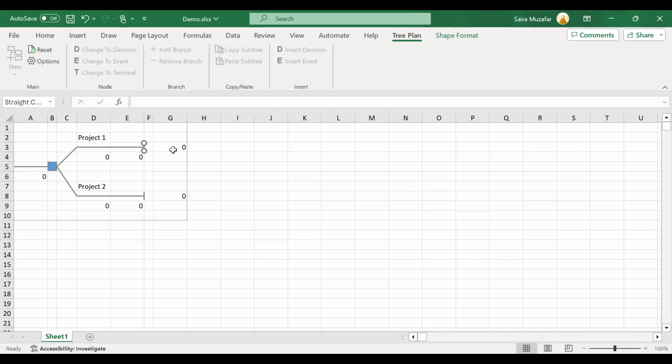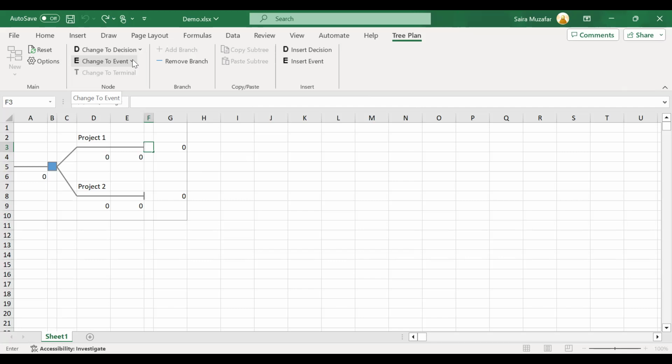So next here, when I click it here, in the node value, I'm going to add the event node or the probability node, right? So what it actually does, change to event, is estimate the probabilities or the chances of the events occurring, right? So when I click it, how many? For project 1, I have 2 probabilities, 20% probability for winning and 80% probability for losing project number 1. So I need 2 branches. When I click these 2 branches,